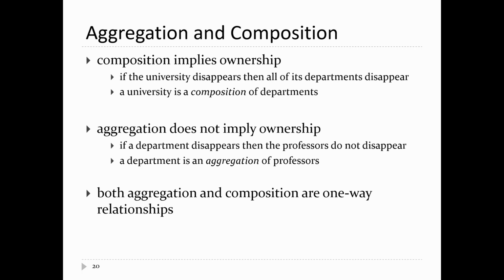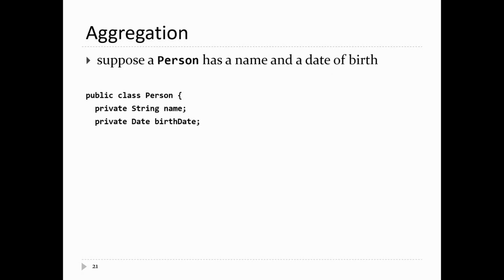Whereas an association can be a two-way relationship. So that's why aggregation is a stronger form of association. Composition is stronger than association. Composition is stronger than aggregation because composition also implies exclusive ownership. All right, so aggregation is by far the simplest